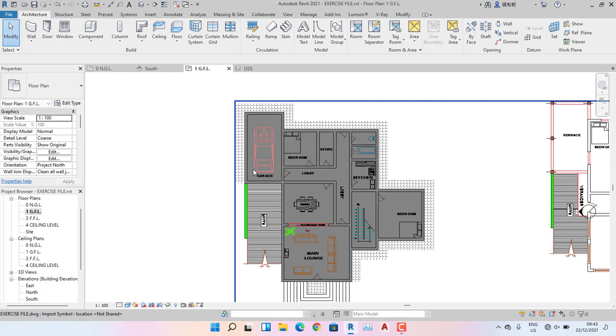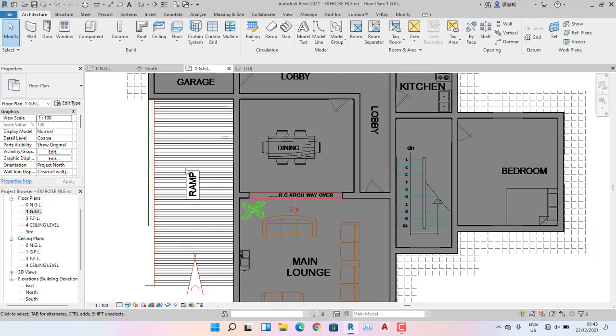The next thing we'll create on this project is beams. Beams on Revit can be created using two major methods. We will try out the two so you can choose the one that works best for you. Go to the ground floor plan. To create a beam using the first method, go to the Architecture tab, select Wall, and select Pick Lines on